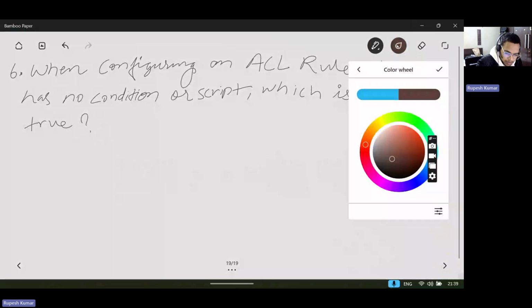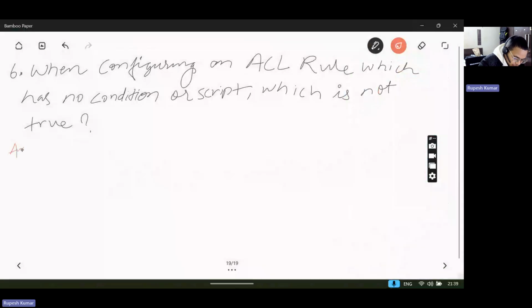You have to look at which option is not true. You will get many options like